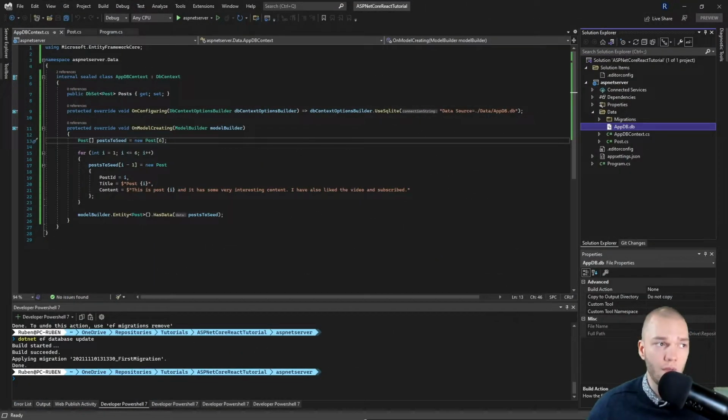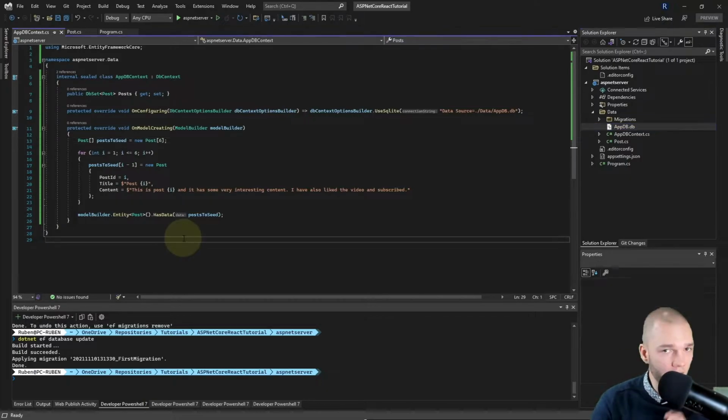Right, so now I want to make a static class that our minimal web API endpoints can use to perform the database CRUD operations. And that type of class is called a repository. So let's create that.